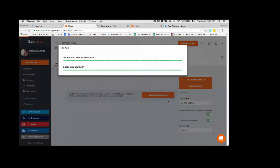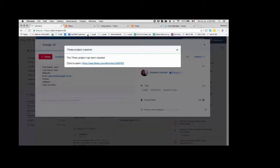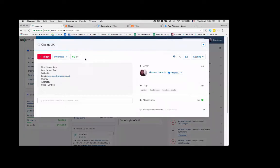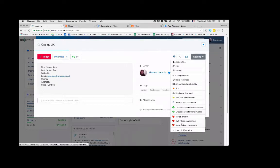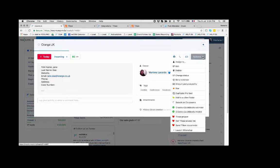All right, as Kate mentioned earlier in her presentation, you can change the names of the documents. So I'm not going to waste too much time on this. Basically, if you go back to your noCRM account and go to the actions, oh no, you need to refresh the page, and you go back to your actions menu, new buttons have appeared now. So I can either get the Tilkee access link and send it to Jane Doe by SMS, WhatsApp, or an email on LinkedIn, for example, or I can simply send Tilkee documents by clicking here, and it will